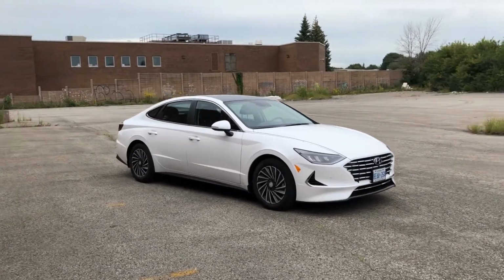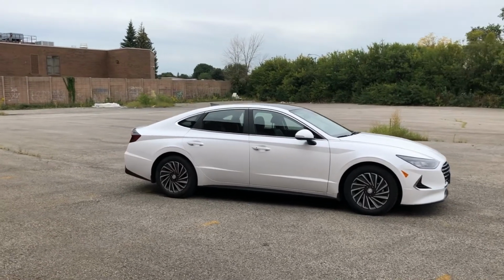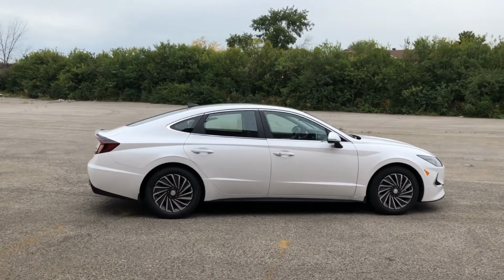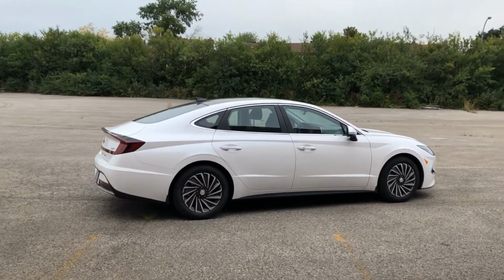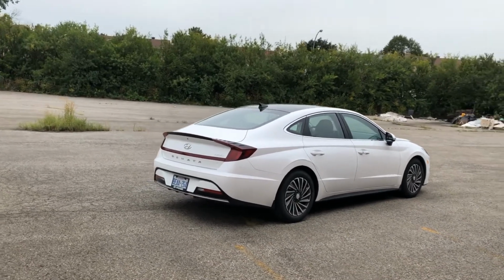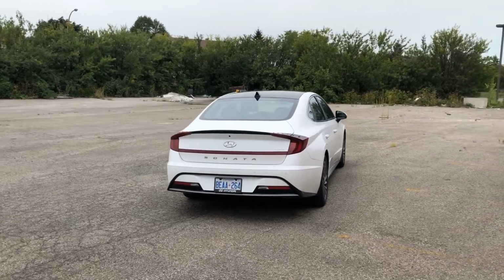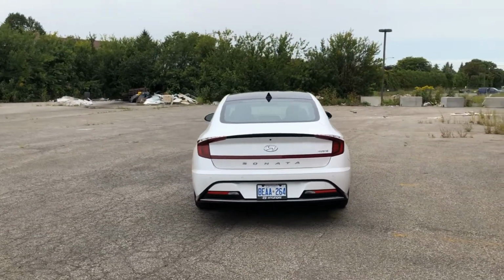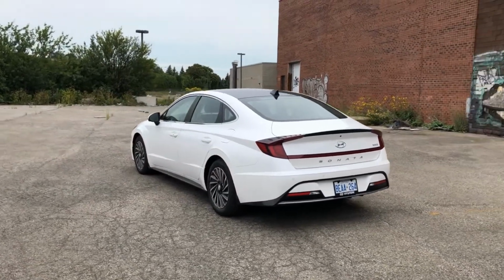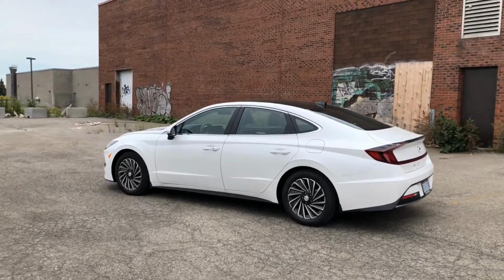It is, though, probably one of the best arguments, if not the best argument, against plug-in hybrid cars. This thing is spacious, extremely efficient, and depending on what country you live in, unbelievably affordable. So if you're talking about bang for the buck, efficiency for the buck, this thing is almost impossible to beat. What do I mean about country? Well, if you live in Canada, unfortunately,